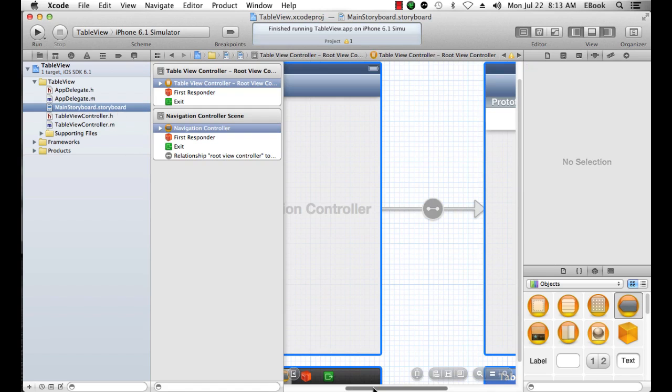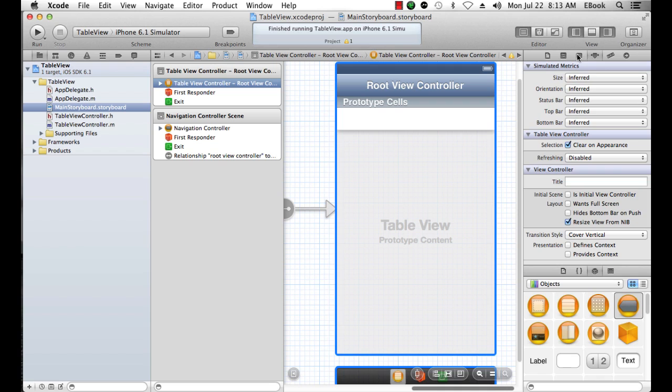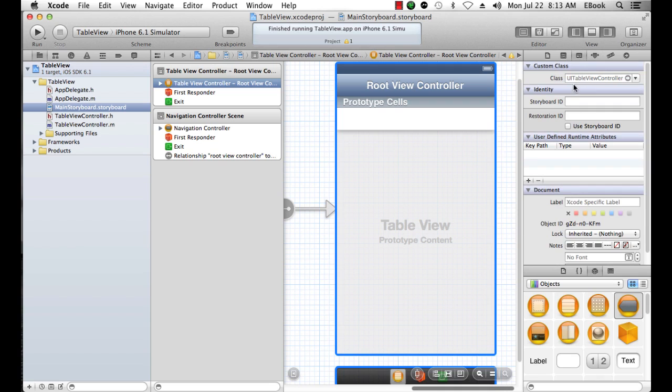We need to bind the table view controller, which is here, to that new class. So rather than the custom class being UI table view controller, we will make it be table view controller. So we're almost done. Now, in our table view controller class,